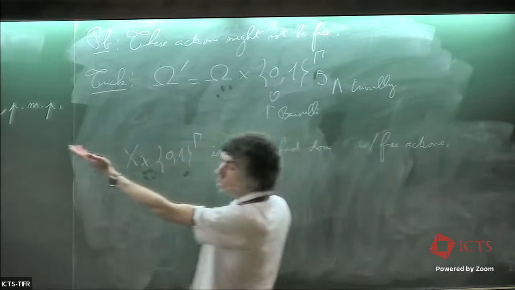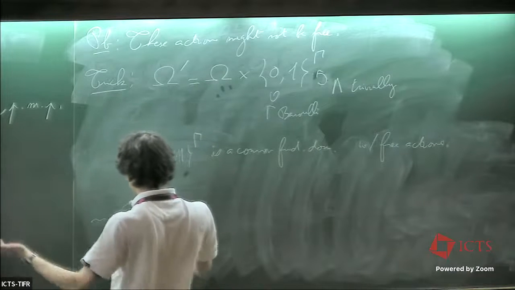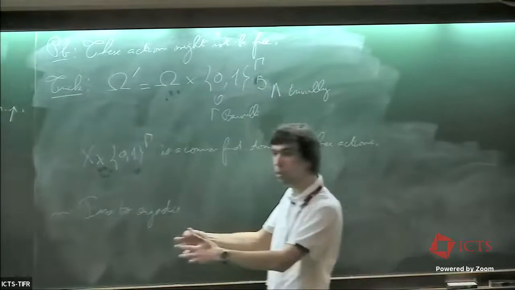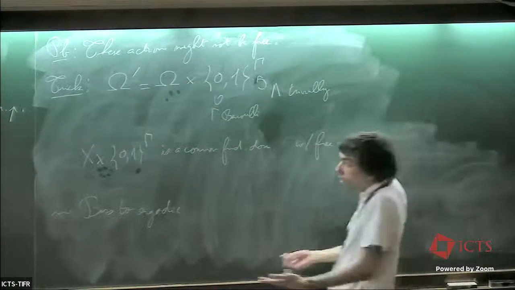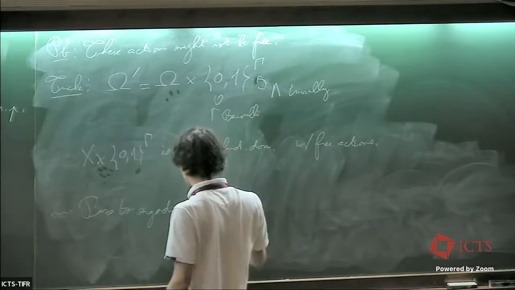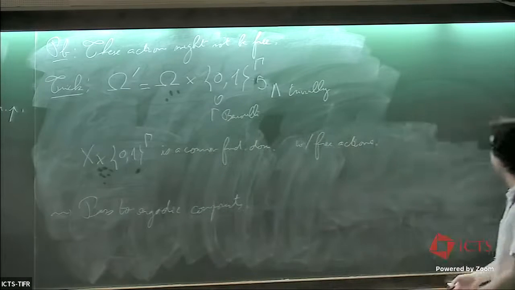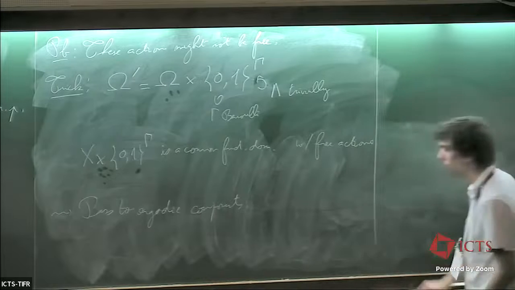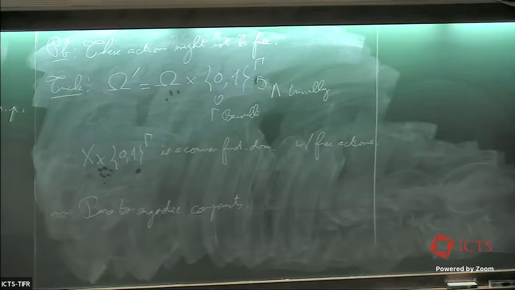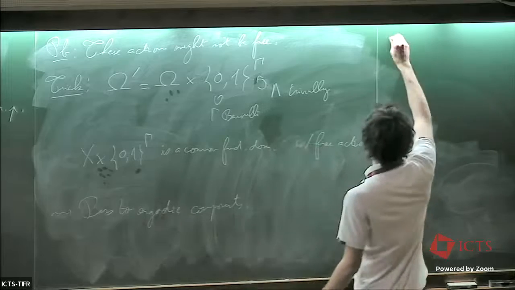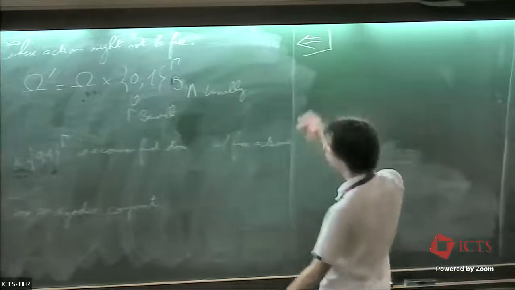They might not be ergodic, but you can always pass to ergodic components, disintegrate the measure and get ergodic couplings out of any coupling to get ergodicity. Okay? So this finishes the proof of one direction, and for the other,